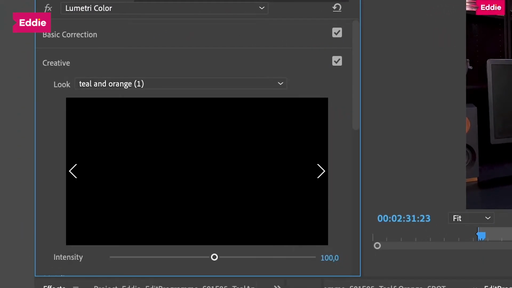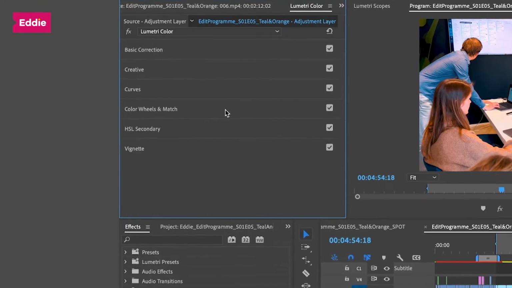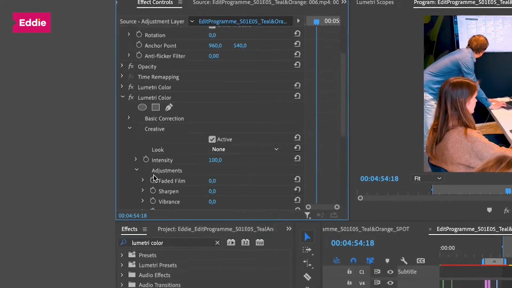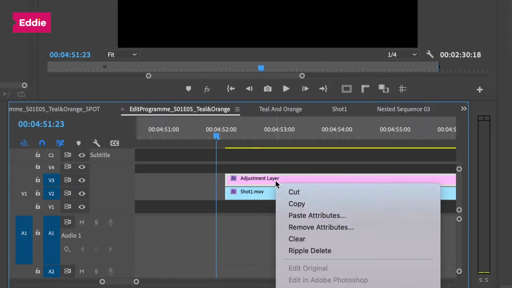When working with LUTs, it's very important to keep in mind that they will not always work well on every shot. LUTs are not tailor-made, while every shot might ask for a slightly different approach. What often works for me is decreasing the intensity and even stacking two different LUTs to get the look I want. But as easy as using LUTs might seem, I think we can get way better and more satisfying results if we do things ourselves. So let's remove the effects from the adjustment layer and take matters into our own hands.